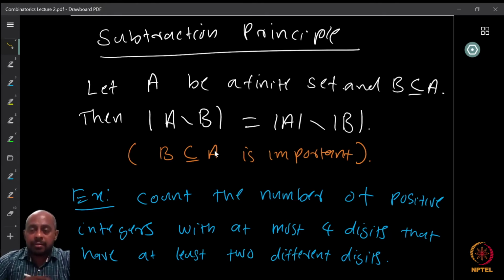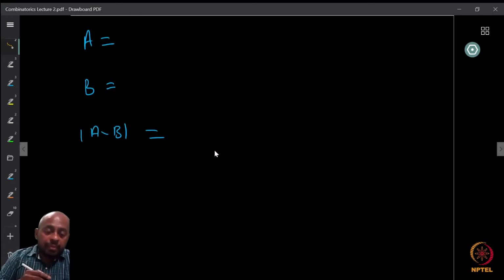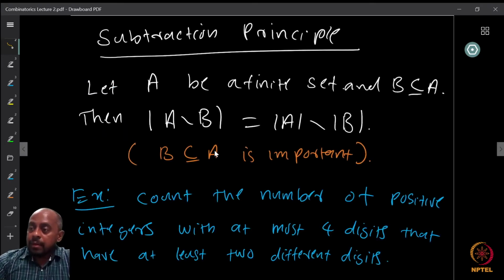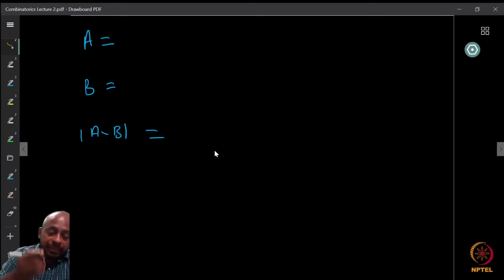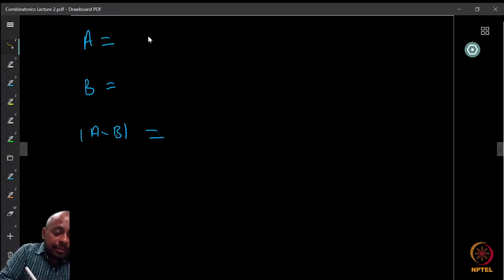How many are there? Well, we know that the smallest number with 5 digits is 10,000. Therefore, up to 9,999 we have integers, and they have cardinality exactly